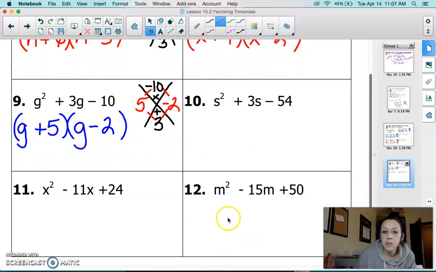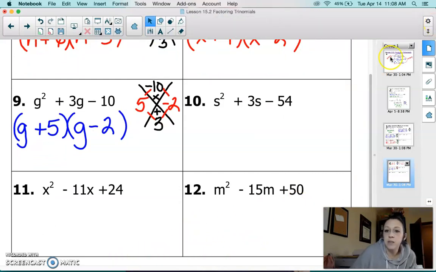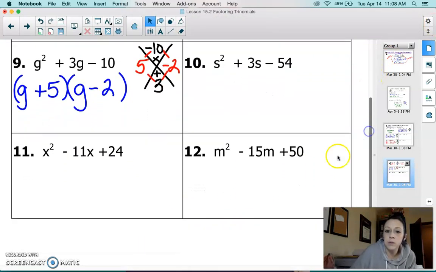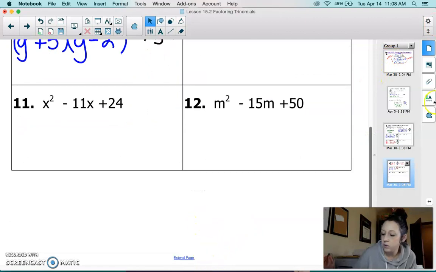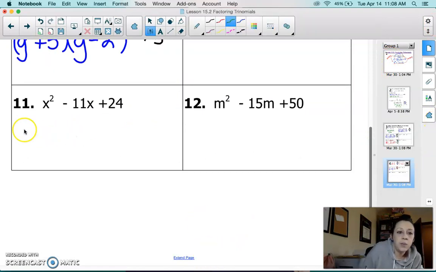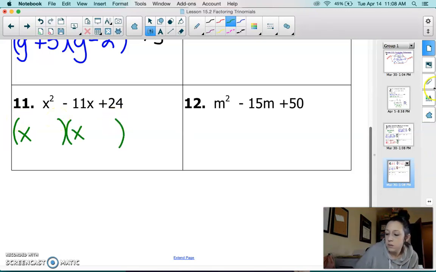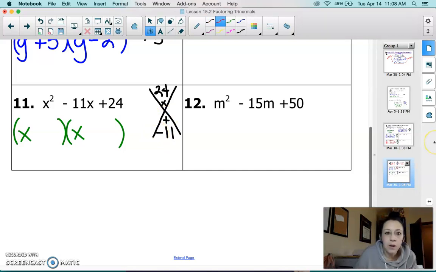Okay, I'm going to skip number 10 and go down to 11 because I think that one is more important. It's a little bit of a trick question. So let's get it set up. We need x times x. Okay. We need to multiply to equal positive 24, and we need to add up to negative 11. All right, so